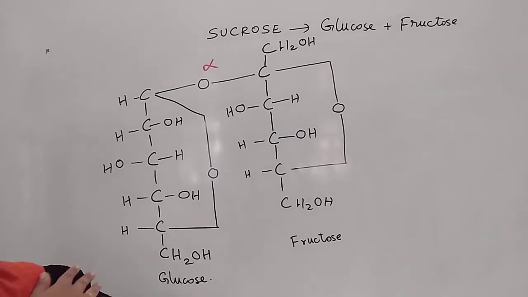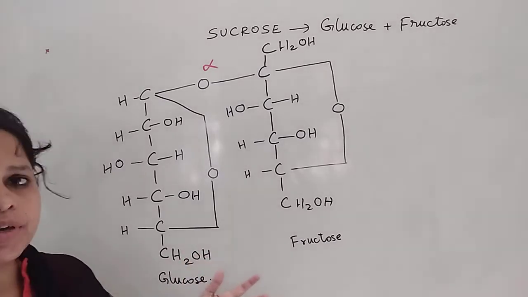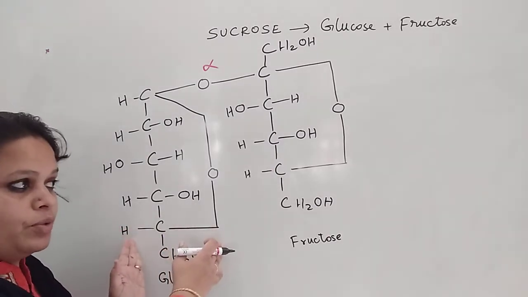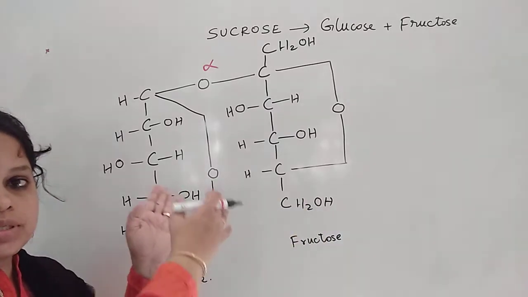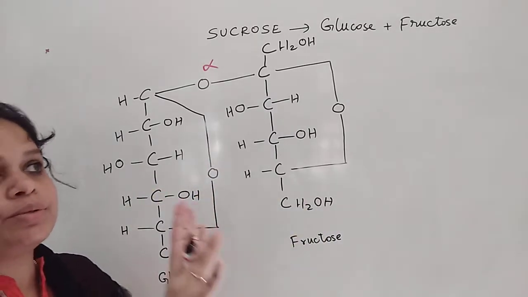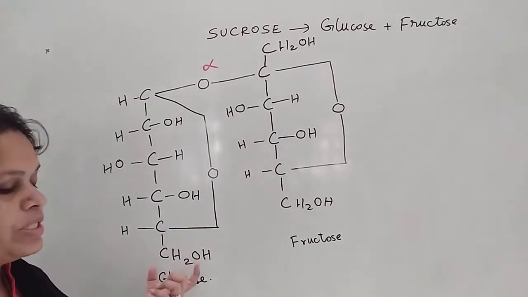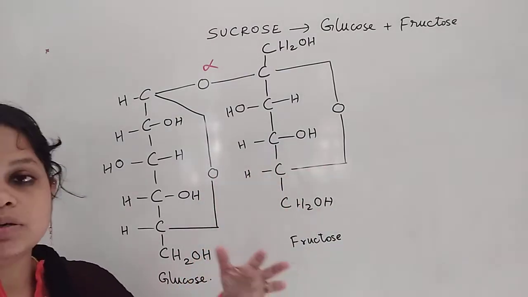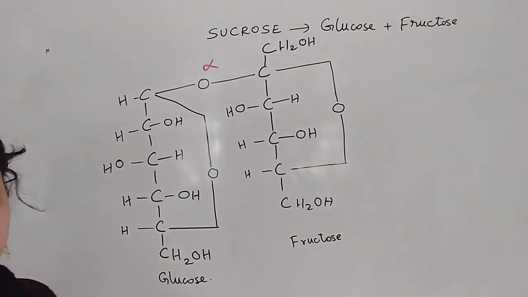Now we have to draw the Haworth ring structure of this particular molecule. In this case, earlier the unit written on the left was written on the right and the one on the right was written on the left. But in this case, you are not going to do anything like that. The unit which is represented on the left will be drawn on the left, and the unit which is represented on the right will be drawn on the right.